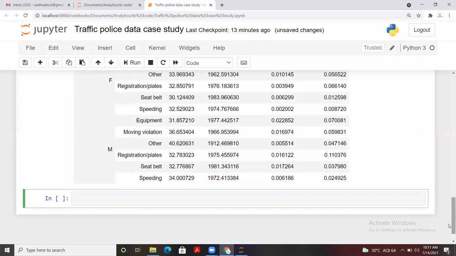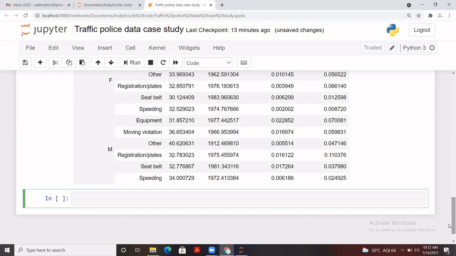What else can we do? For example, in case we want to find out the average driver age for a particular gender and the violation that they did, and for each violation, how many cases for each age on the basis of violation.